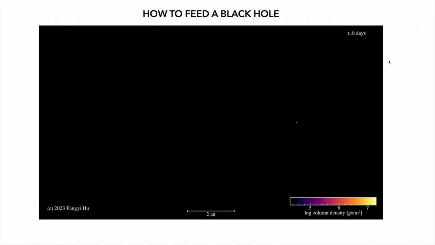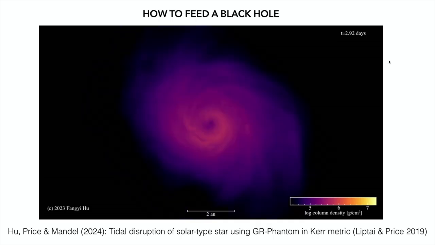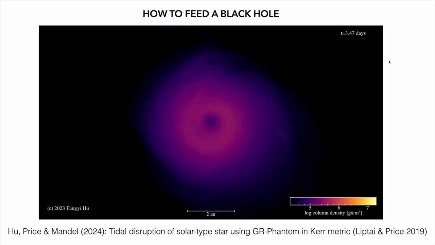I said I'd mention black holes, so a little token mention for the black hole people in the room. But if you want to feed a black hole from a star, then the way that you transport angular momentum and form a disk is that the star goes into orbit around the black hole, but the black hole induces precession just due to the GR that's going on. And what does precession do? Well, it makes the stream self-intersect, and then you basically directly cancel angular momentum and you start feeding the black hole. So it's the same story.